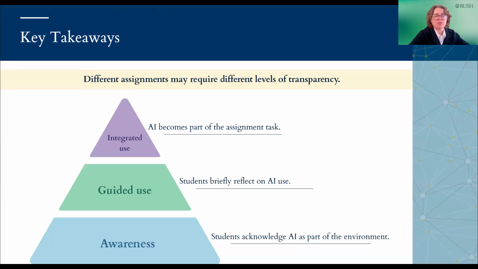So just as a reminder, we've been talking about these differing approaches to AI disclosure and transparency. And just again, to emphasize, as Emily said, it's not a single policy decision, but a decision that varies by context and according to your students' learning needs. And different assignments may require different levels of transparency. Which, yeah, I think we'll wrap that up here and move on to discussion.